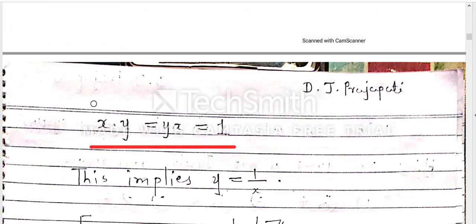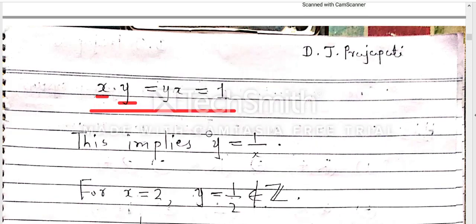Suppose I want to check whether this element x has an inverse in Z, then I must find some other element y such that their multiplication must be 1. So what is y? From this you can see y must be equal to 1 over x.